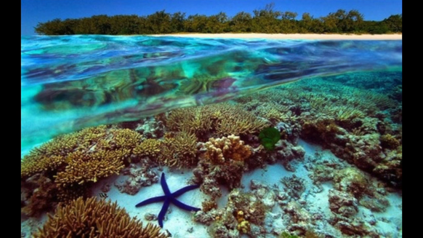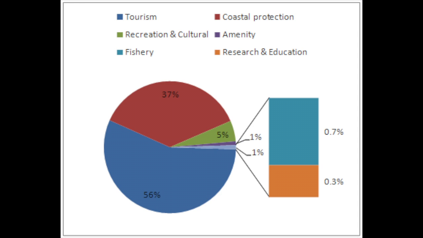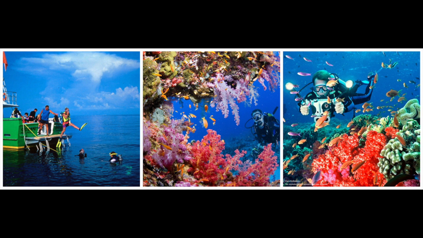Corals are one of the most productive ecosystems on Earth, providing economic benefits to local communities and to fisheries. Because of the benefits of coral reefs on tourism, food, and coastline protection, it's known that tropical coral reefs can yield more than 30 billion US dollars annually in global goods and services. Economic services that coral reefs provide, such as food, jobs, and tourism, are estimated to be worth $375 billion each year.